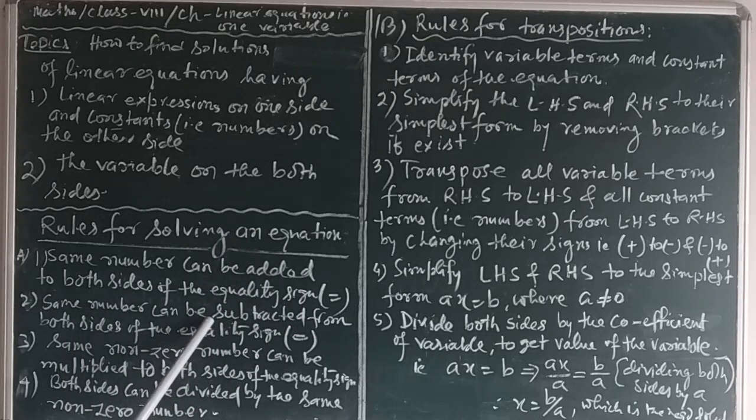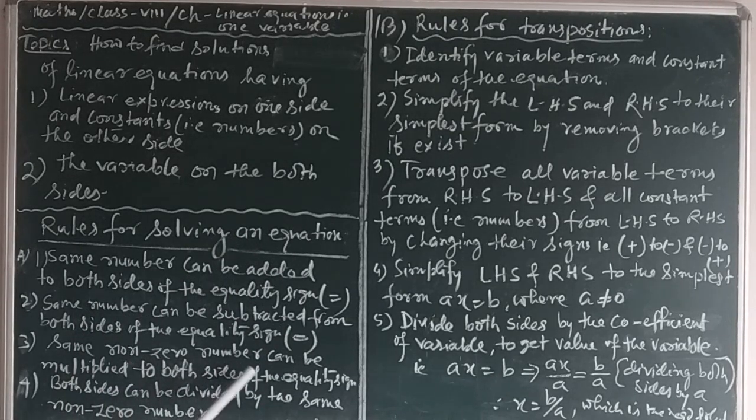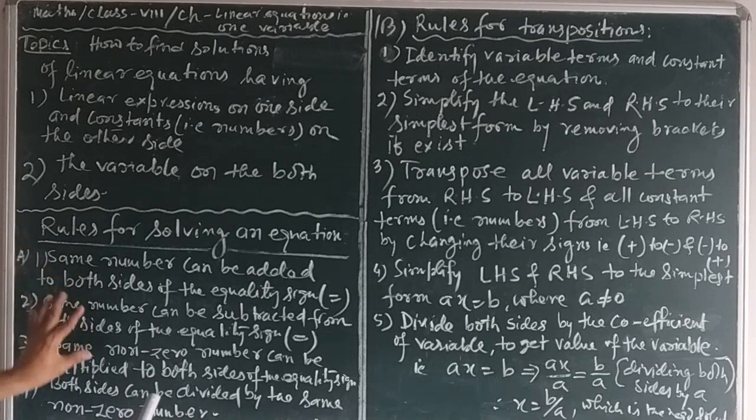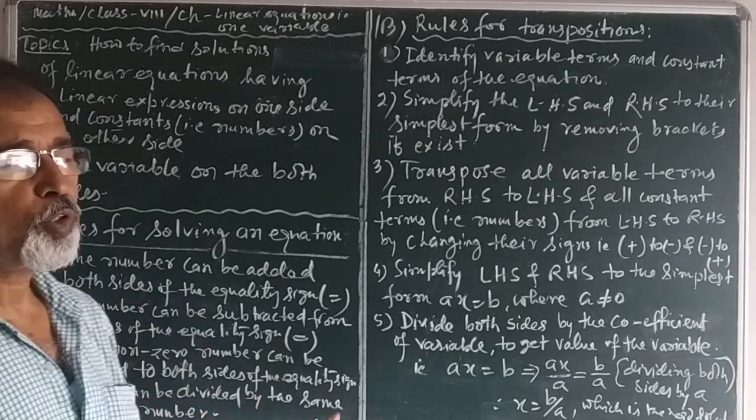The same number can be subtracted from both sides of the equality sign. The same non-zero number can be multiplied to both sides of the equality sign, and both sides can be divided by the same non-zero number. These are the four rules for solving an equation